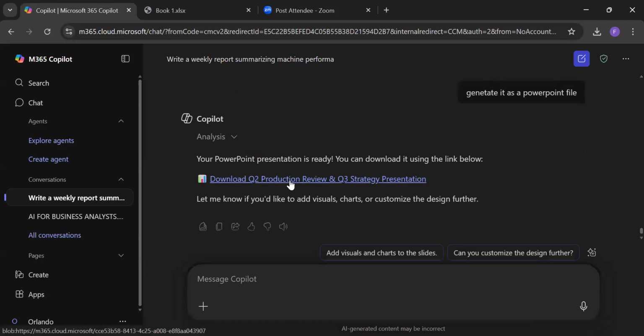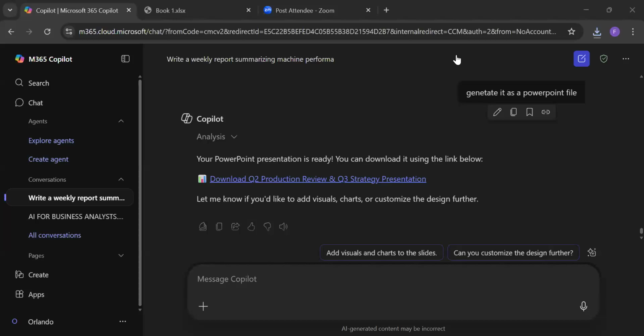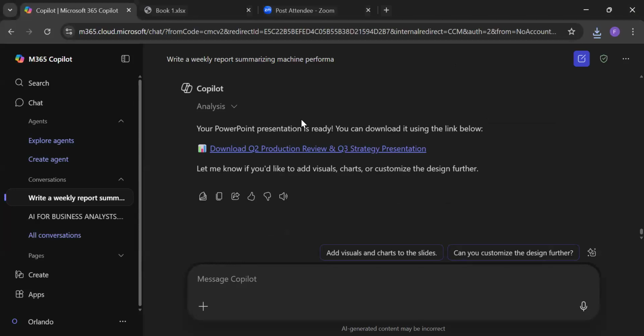It has generated it, and you can just click on it and download. The only thing is you would have to go ahead and later design your PowerPoint. It has created everything for you.